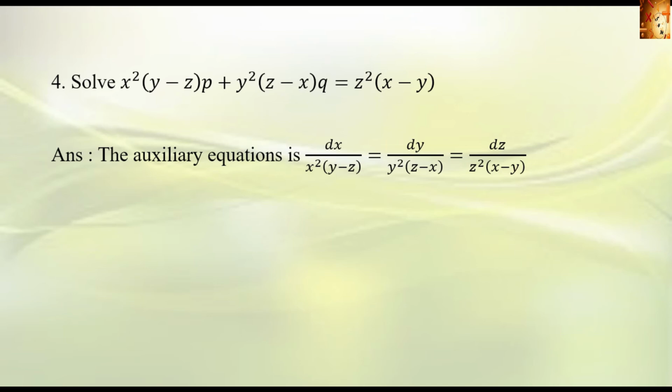One hint is, here in the denominator there are x square, y square, z square. So we can use 1 by x square, 1 by y square, 1 by z square as multipliers. Also 1 by x, 1 by y, 1 by z can also be considered as the multipliers. So here using the multipliers 1 by x square, 1 by y square, 1 by z square, we get